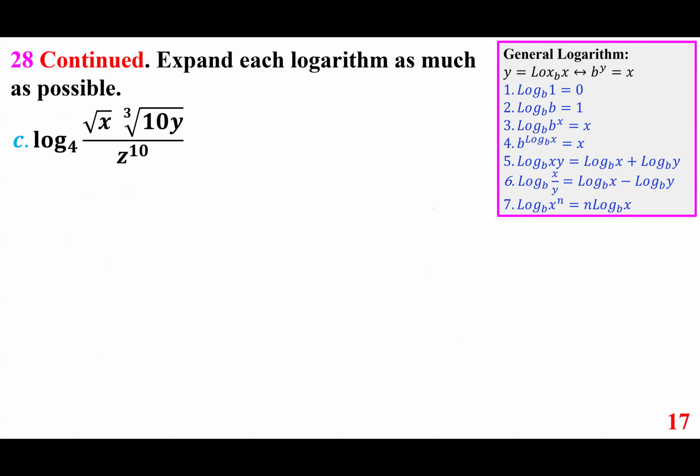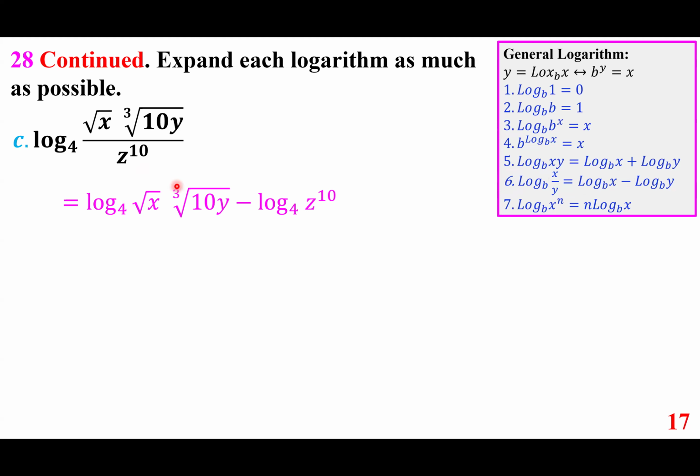Part C, log base 4 of square root of x times cube root of 10y over z to the power of 10. Please understand, when you have enough experience, you can do this actually in one shot, but we are going to do it in a few steps. Number one, we are going to go with number 6, the quotient rule. Log base 4 of the top minus log base 4 of the bottom,